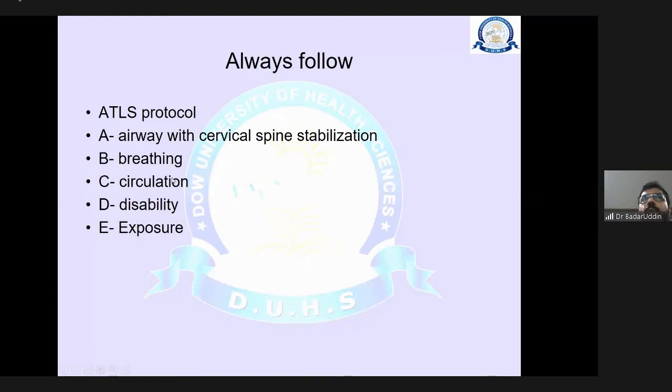We need to put 2 large-bore IV cannulas, meaning either 16 or 14 gauge. If you apply a large 16-gauge cannula, we can transfuse fluid or blood at the rate of 180 ml per minute. For example, 1 liter of Ringer's lactate we can give at 180 ml per minute, so we can transfuse 1 liter within 6 minutes. So if the patient is in shock and has injury and is unable to maintain the pressure and we want to restore the volume, we can give 1 liter of fluid within 6 minutes.